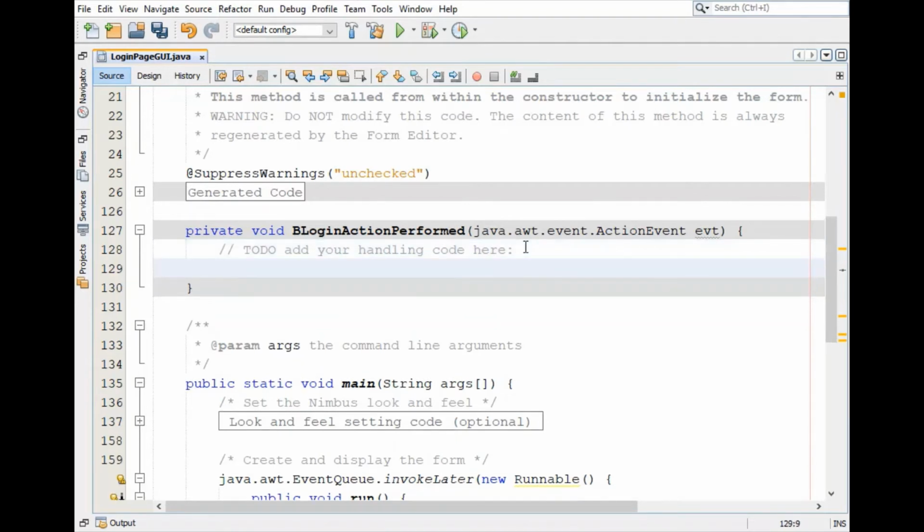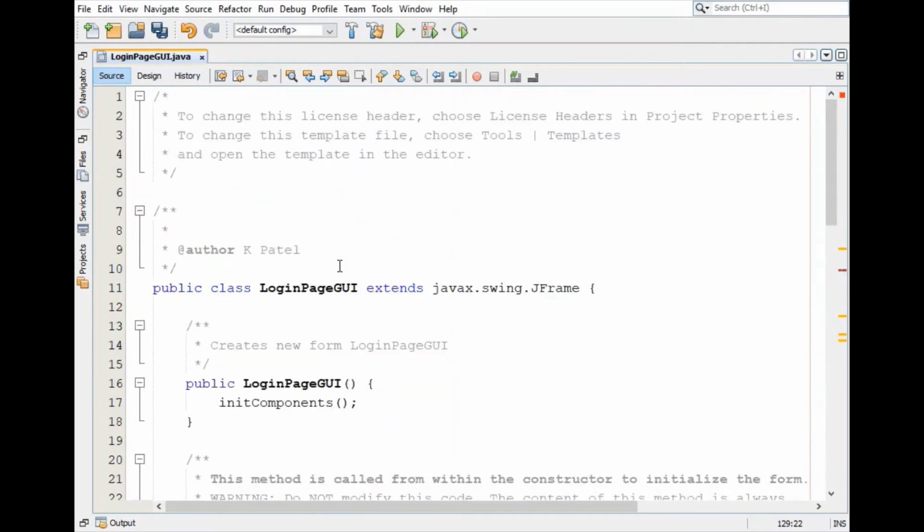This is the button login action performed method where we will write our main logic, and for that let's write a login check method. We will write a custom login check method in this program. This is our login page GUI class, which extends the Swing JFrame, and let's add some definition here.